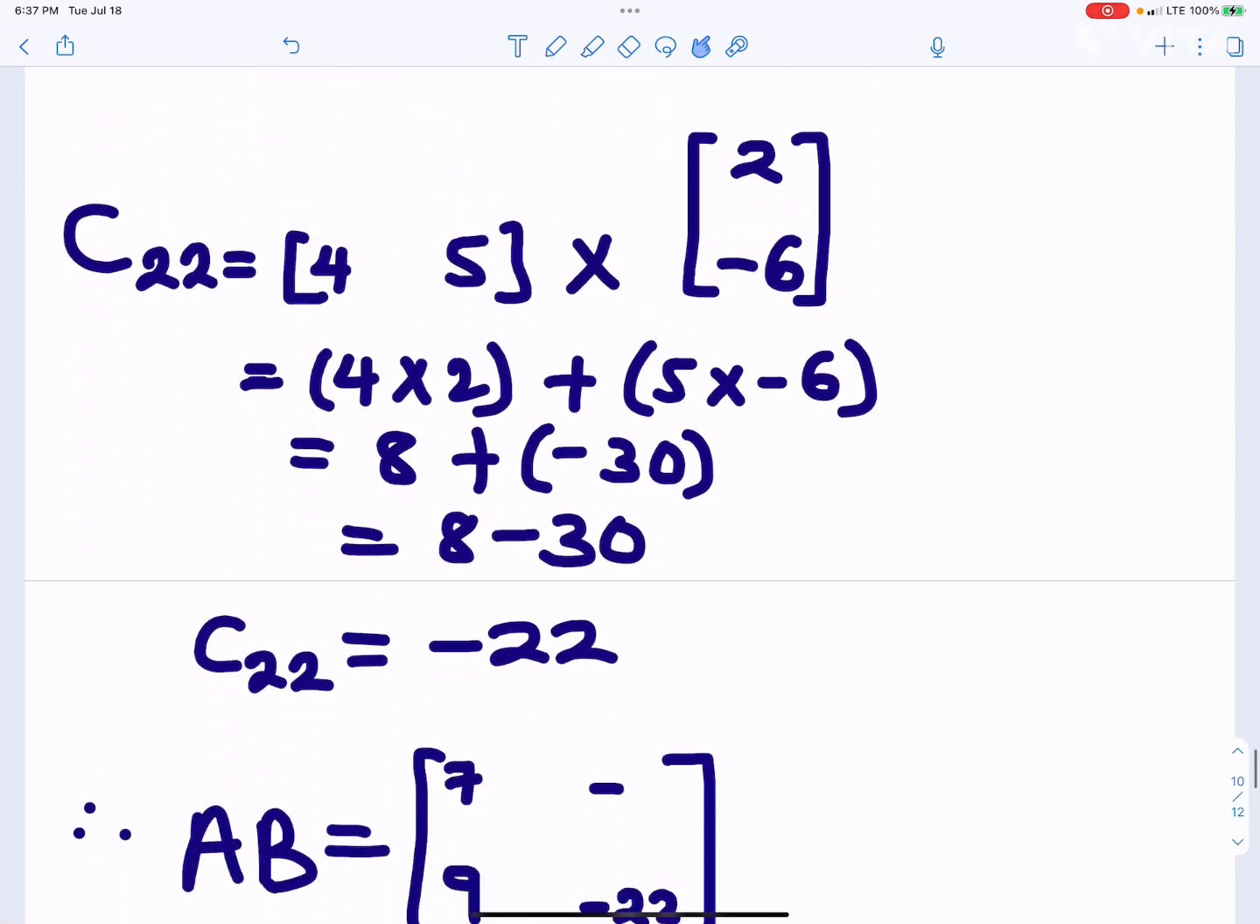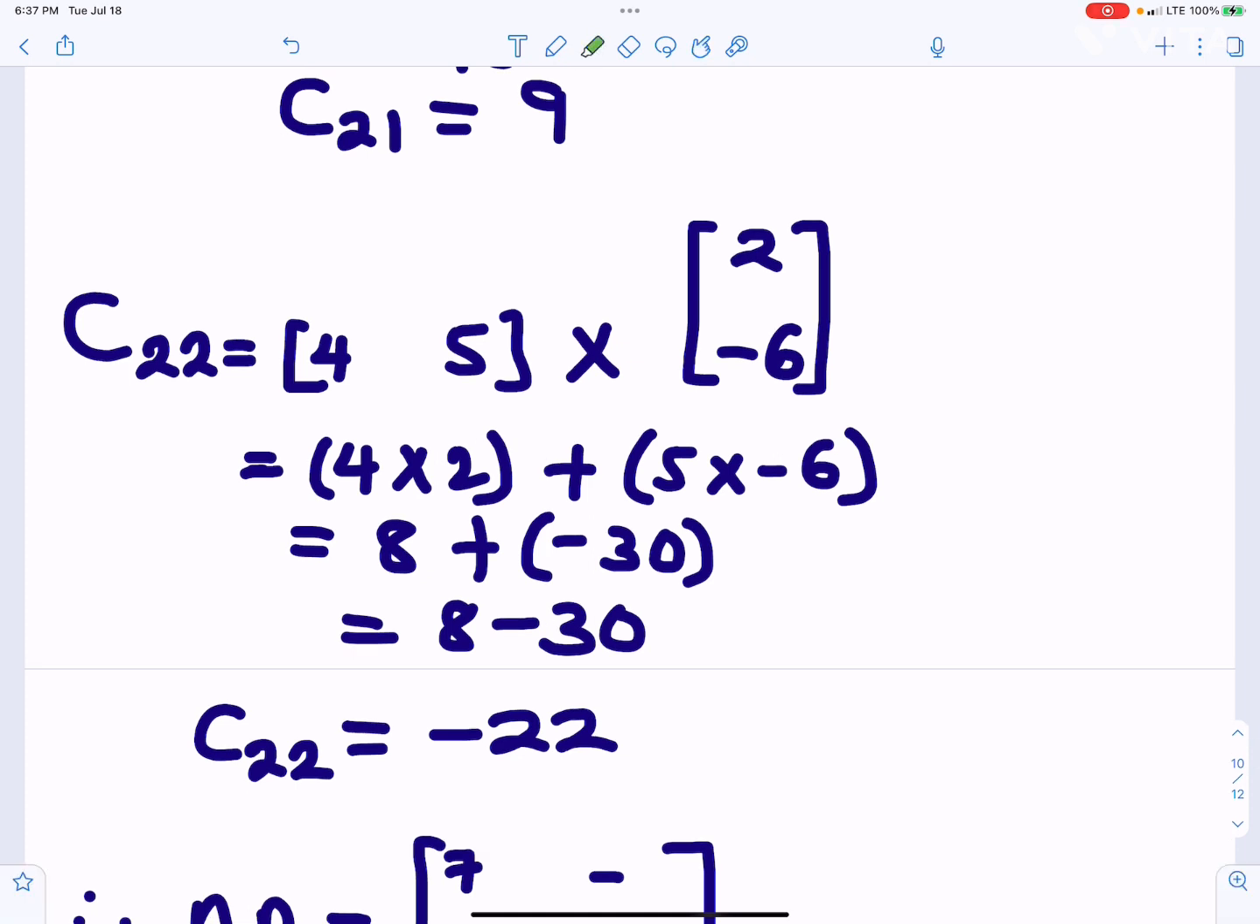Let's go ahead and do the last one. So check your matrix well. I'm looking for the element in the second row second column in my answer. I'll multiply the second row in A by the second column in B to get 4 times 2. I'll get 8. Then add my answer to what? 5 times minus 6. I also do 5 times minus 6. Get my answer. Add this answer to this answer. That's 8 plus minus 30. That will give me